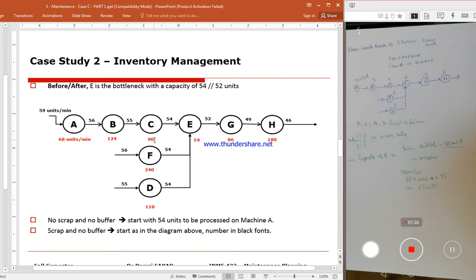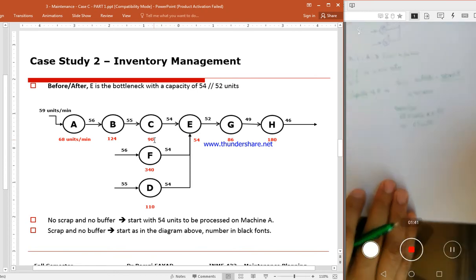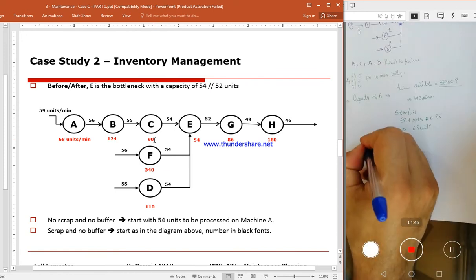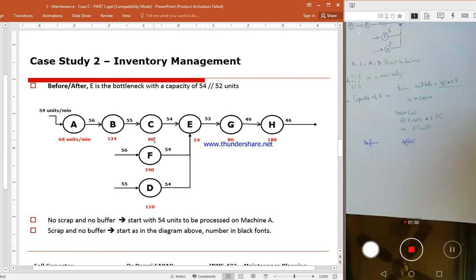independent, as if there is nothing in front of it or behind it, how much can it produce. And the numbers in black, which we're going to do now, are the before and after. I need to remind you that when we do the before and after, we start with the machine that is supposed to be the bottleneck, which